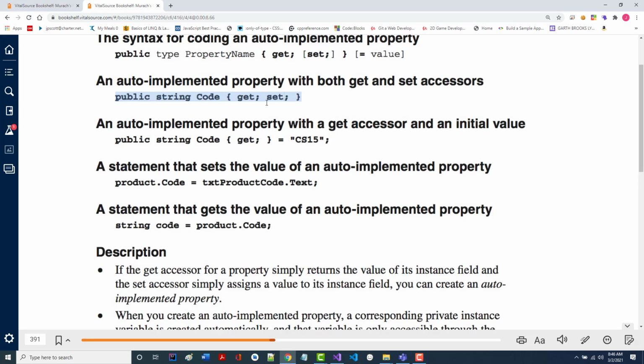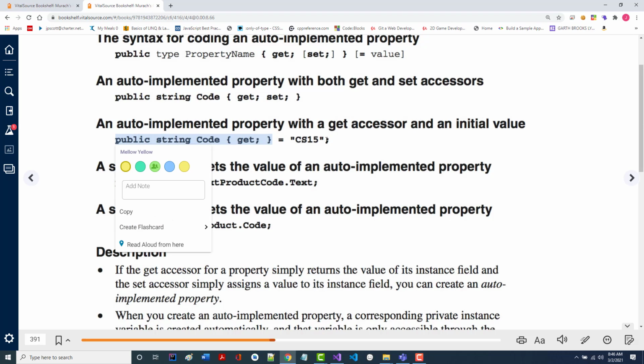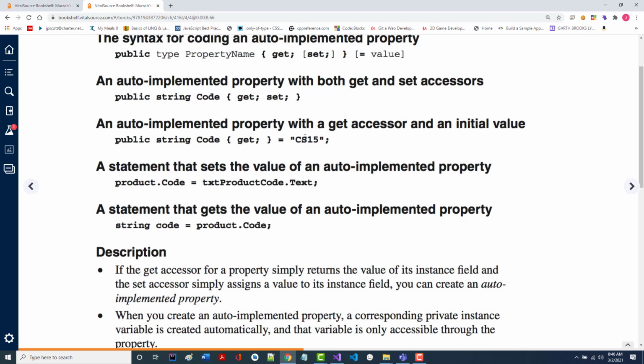And we're going to take a look at all that stuff in more depth really tomorrow than today. Now, when you set it up, if you put a get accessor in there, you can do this. This is fairly new. What you're saying is, I want it to have an initial value. That doesn't mean you can't use a set later and change the value, but it says if you ask for the get and you haven't changed it, that's the value you're going to get back.